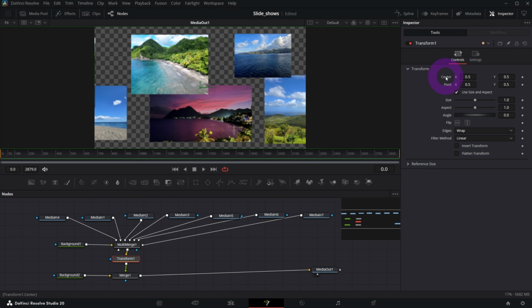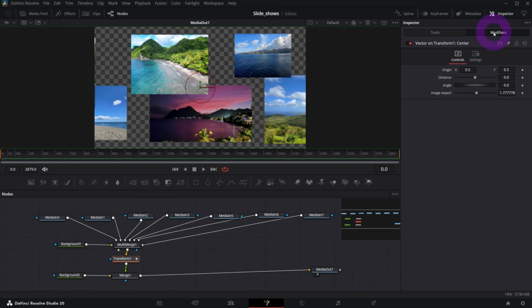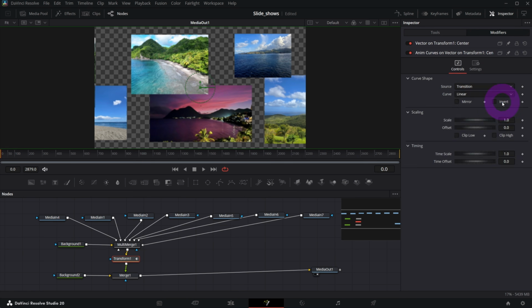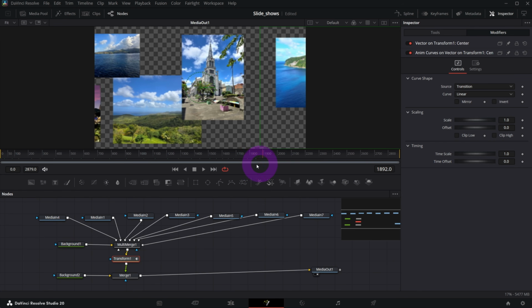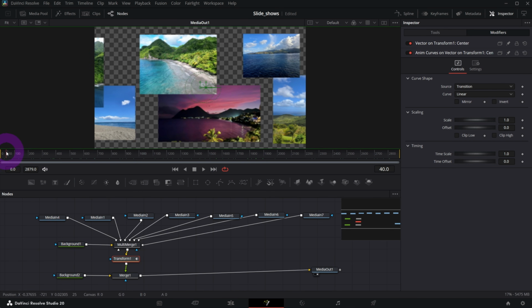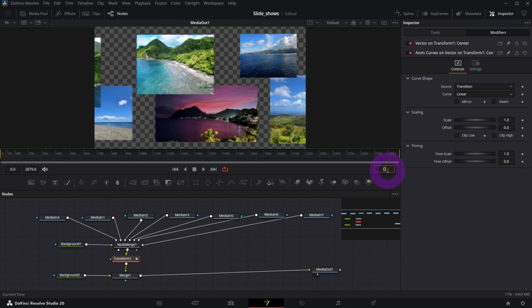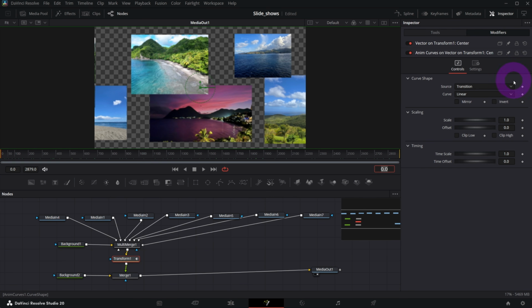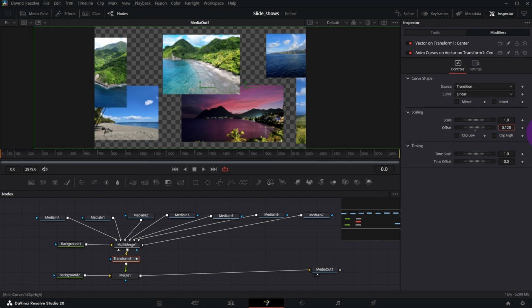So right now let's animate center again. Right click, modify with, vector result, and in the modifiers right click on the distance control, modify with, anim curves. That alone will animate the distance along the whole clip. But if you go to frame 0, so at the beginning, you can change the offset control. So you can